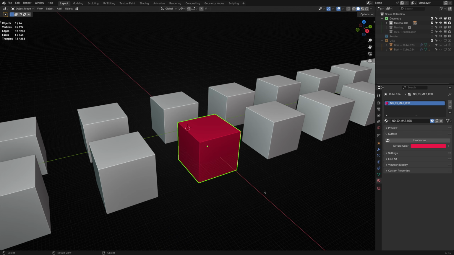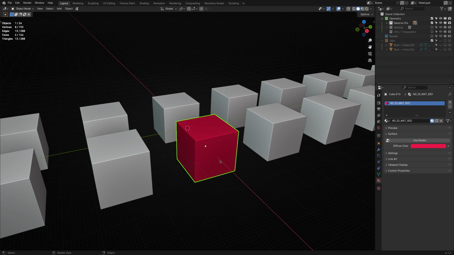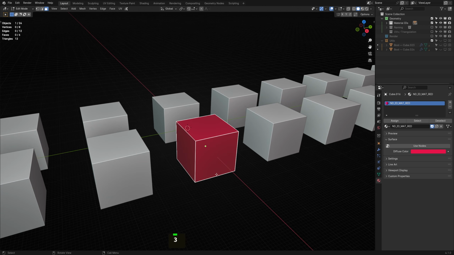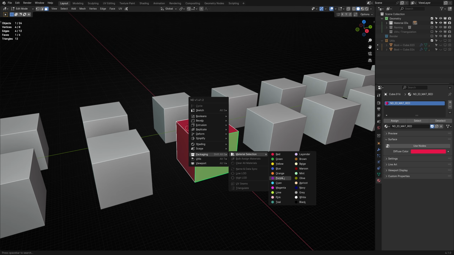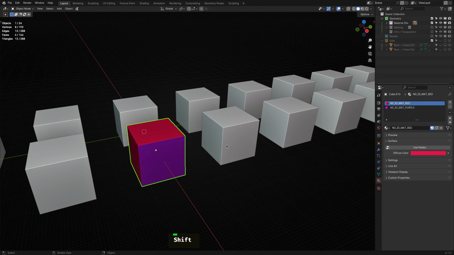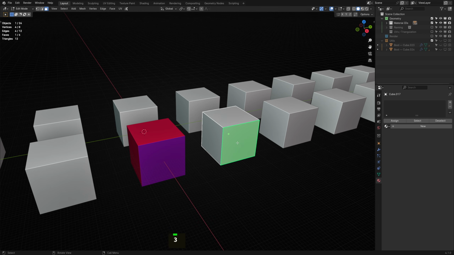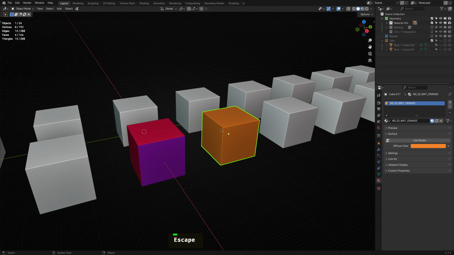While in object mode, ND will apply the material to the entire object. If you wish to be more specific, you can jump into edit mode and select the geometry you want to affect. For example, choose a face on this cube and apply a different material ID. Remember, if your object doesn't currently have a material ID applied and you attempt to apply a material ID on specific geometry in edit mode, ND will apply it to the entire object instead. This behavior occurs because Blender requires a general material on an object before a specific geometry-based material application can occur.